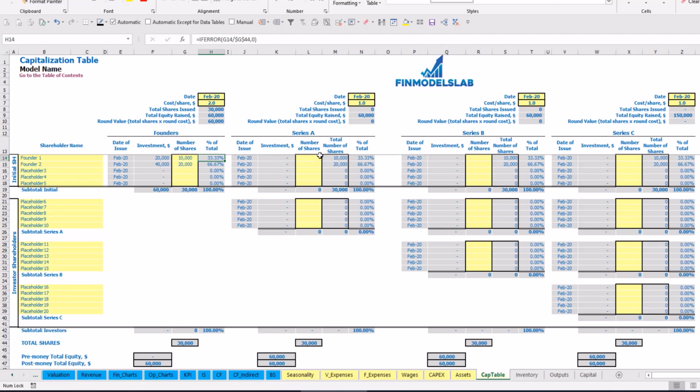67% of shares. Let's pretend that for Series A we have one investor and the date of issuance is May, cost per share is $5 per share, and the number of shares is 1000. So the total amount of investment will be $5,000. You may see that before the Series A total equity was $60,000, after it is $65,000, and investor 1 will have